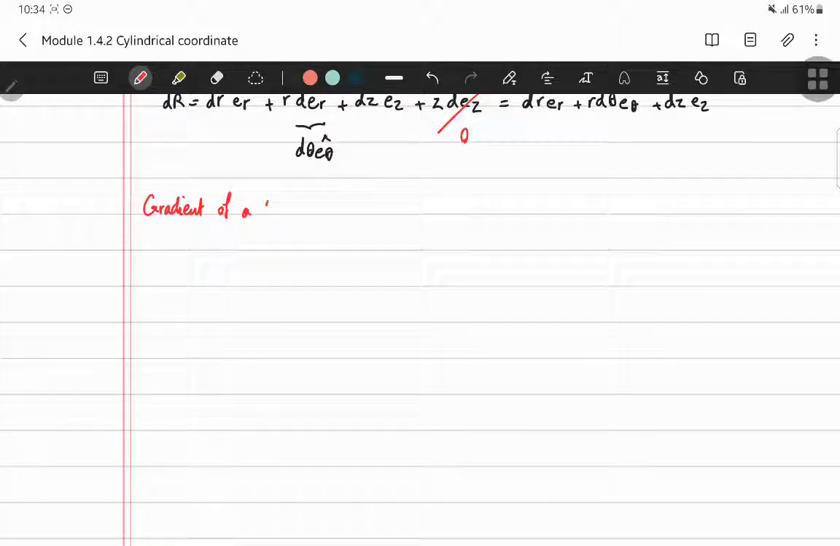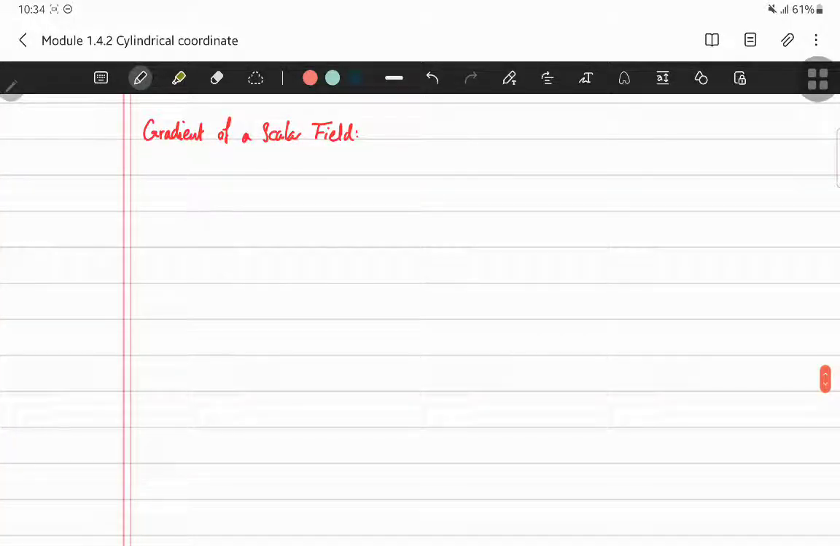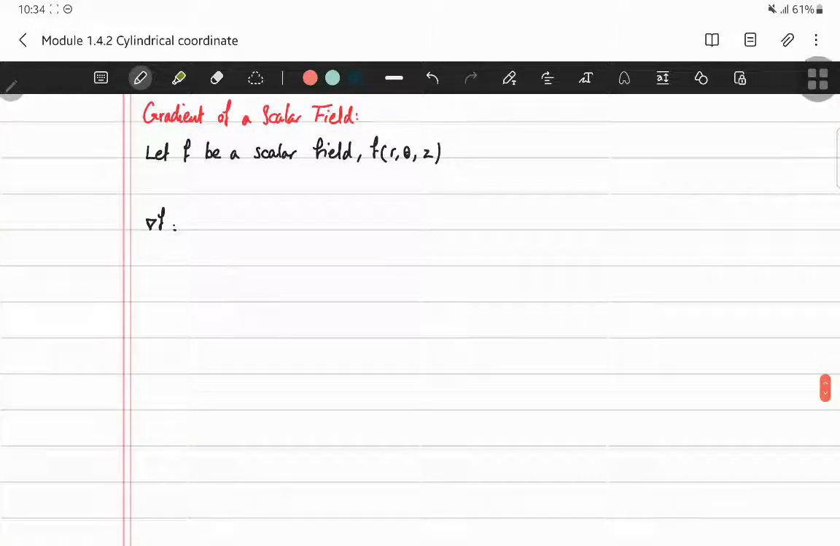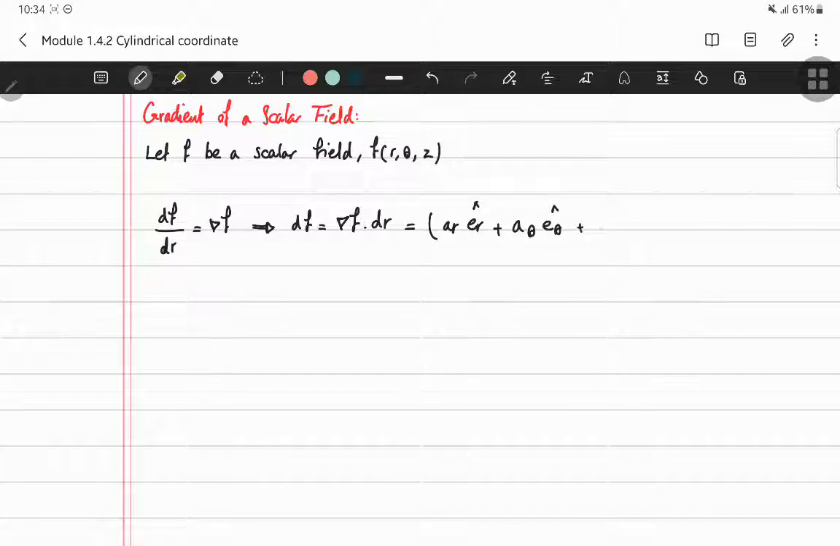So the gradient of a scalar field. All right, so we define del F. Let F be a scalar field. So F is a function of r, theta, and z, remember. We have del F here, the gradient of F, and dF is del F dot dr. So we assume that del F has a component A_r in the e_r direction, plus a component A_theta in e_theta, plus an unknown component A_z in e_z, dotted with